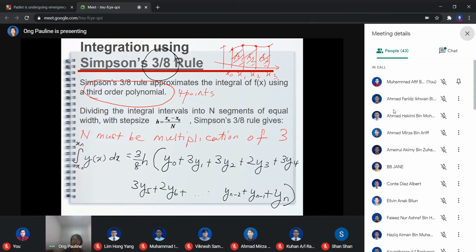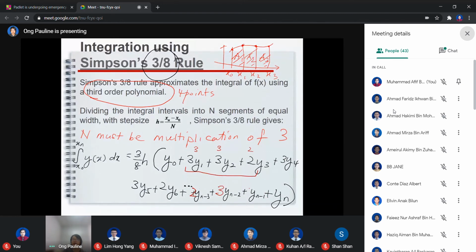Okay, and this is the fourth last point. Here I have dot, dot, dot, many intermediate values. Similarly, we would like it in the form of symmetry. So if you start with 3, 3, 2, 3, 3, 2, we want it to end in the form of 2, 3, 3. All right, so this shall be 2yn minus 3, 3yn minus 2,